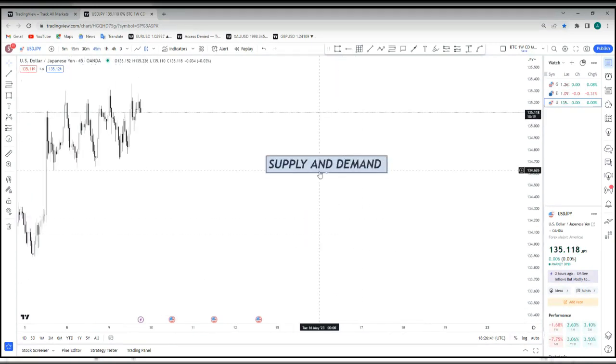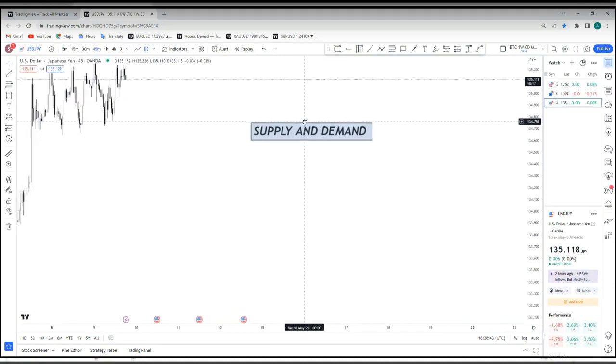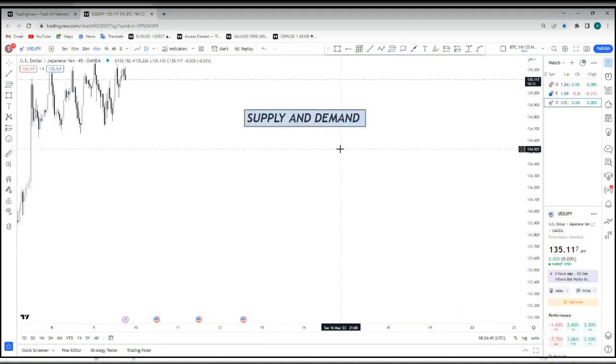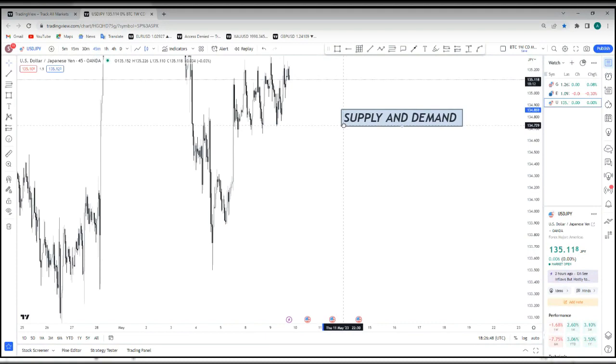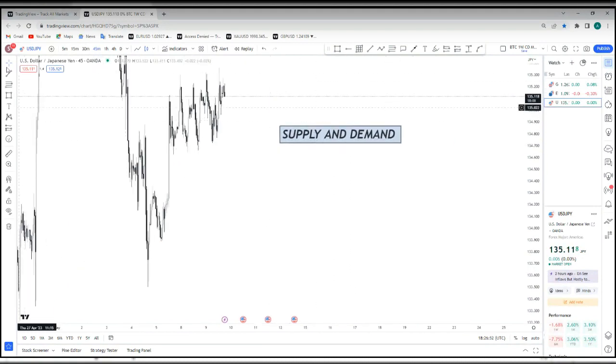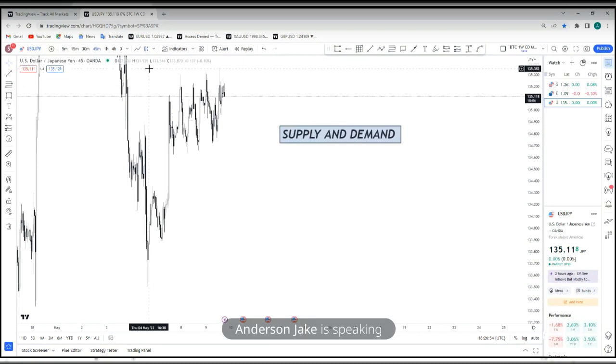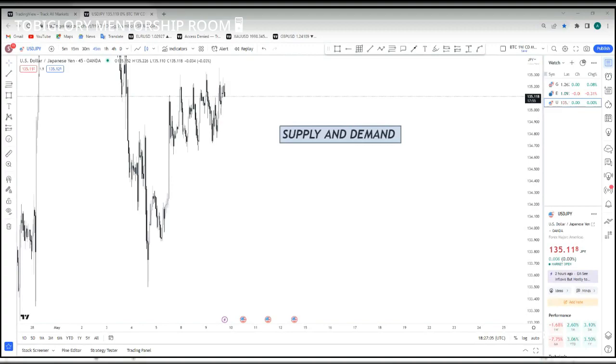Okay, can someone here please give me a short definition of supply and demand? Anyone here, please? Supply is the point whereby you sell from that zone, and demand is where you buy, just like support and resistance. Okay, anyone here, please? Apart from that,